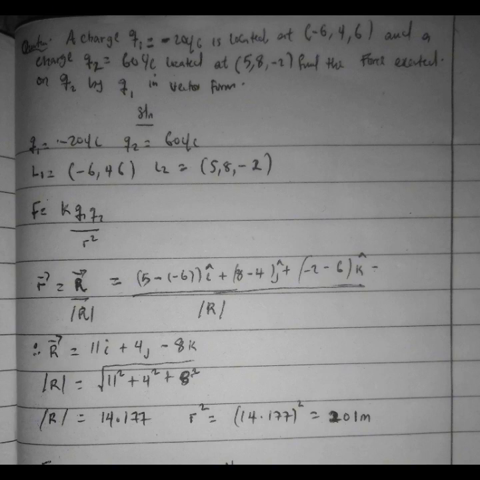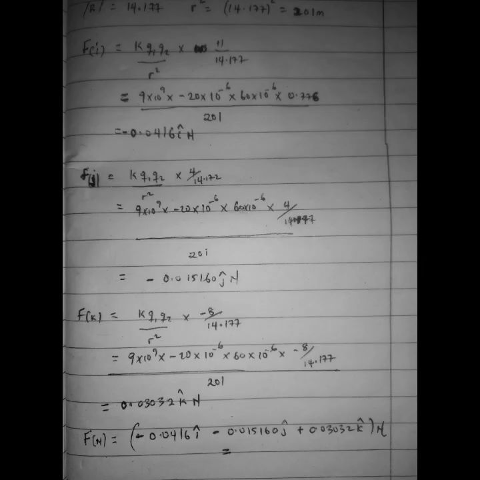Then this R square is the radius, the square of the radius between the two charges. That means the modulus of R you have here, you are going to square it. That is going to give us 14.177 squared, which gives us 201 meters squared. Now let's